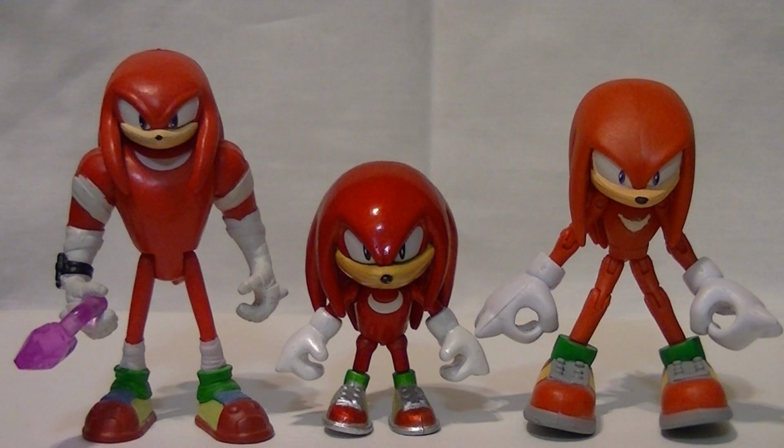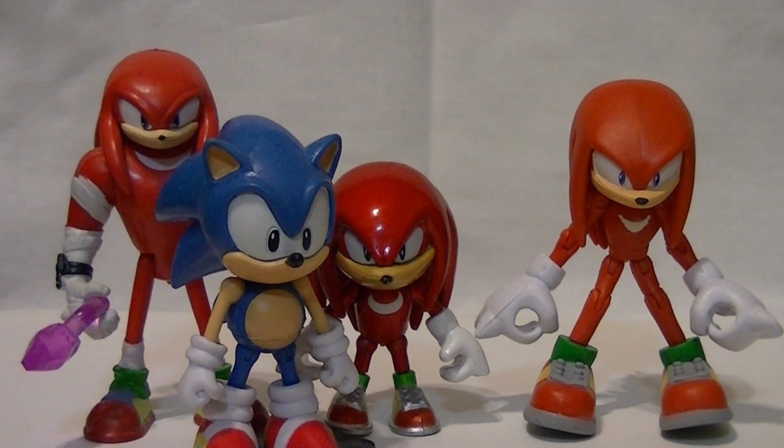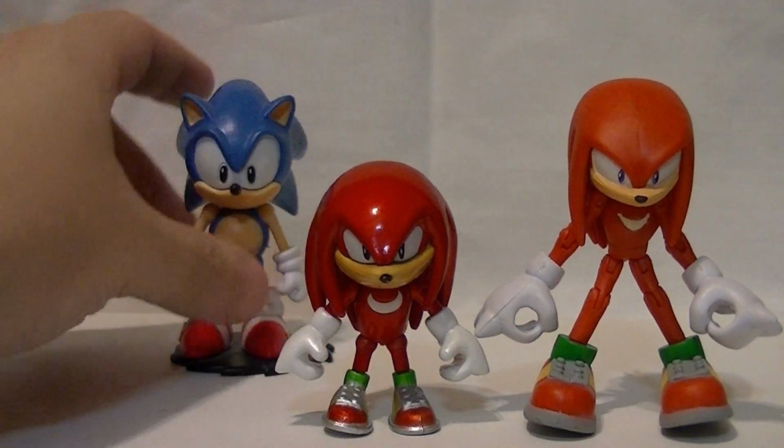But still, it's great to finally have an official toy of the classic Knuckles. It's just too bad that he does not match scale with the Jazzwares line. So that means you can't just buy the classic Knuckles and then stick him next to the Jazzwares figures. Unless, I guess, you could use forced perspective. Let's see, if you stood